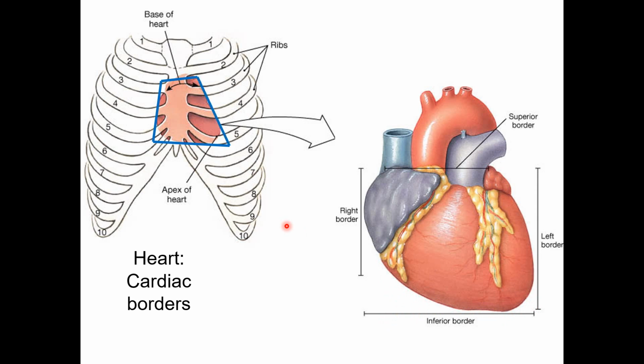The left border: now I will reach the last point I arrived at, the cardiac apex, and it is the first point I started with, which is the left second intercostal space near the sternum. This left border is formed by 3 main structures. Most of it is formed by the left ventricle, which bulges out.